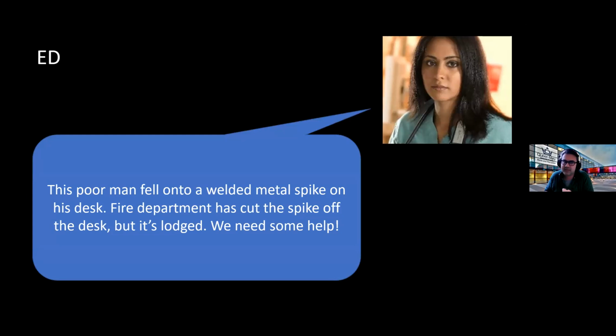And finally, we have our doctor from the emergency department who pops by, and she says, we've got a really strange one here. This poor man, he's in his 90s. He has a bureau which has a ring holder, which is essentially a welded metal spike on his desk. And he fell over and he's got lodged on it. So the fire department has cut the spike off the desk, but it's still lodged,